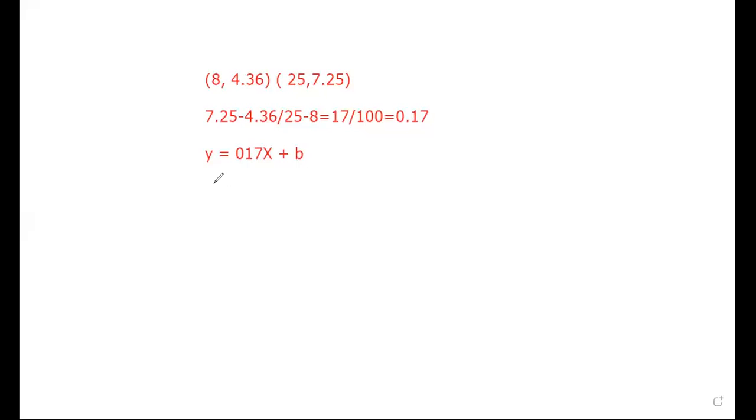We will substitute the value of x and the value of y in the equation. What is the value of x? You will choose which ordered pair? 8 and 4.36. Then it will be